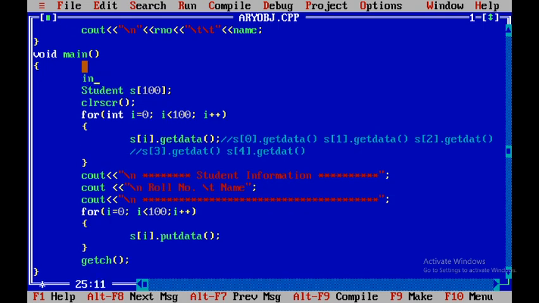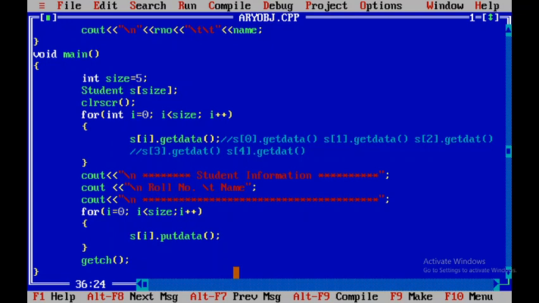If I am writing int size equals to, now here I have taken 5, so that means size will be 5. So in the array declaration I can use size here. In the condition also I write size. Here also I can write size.